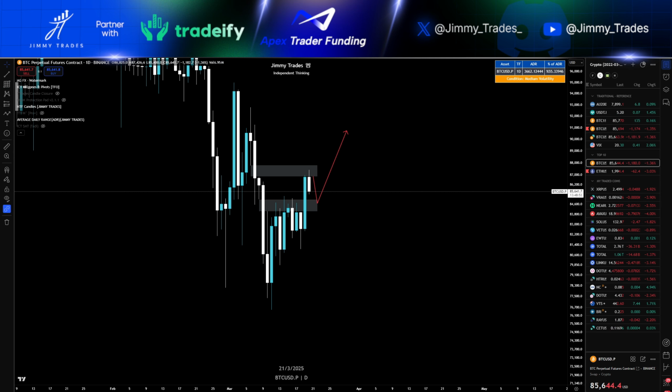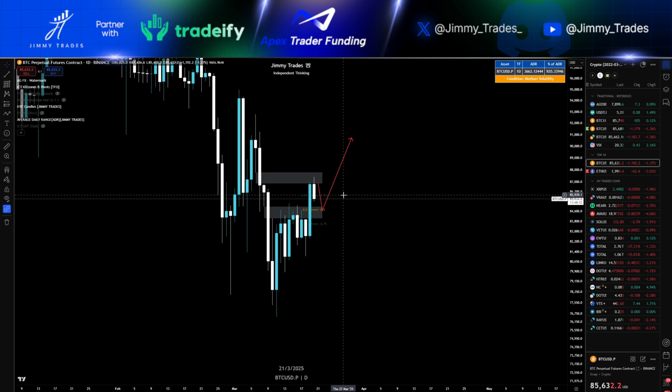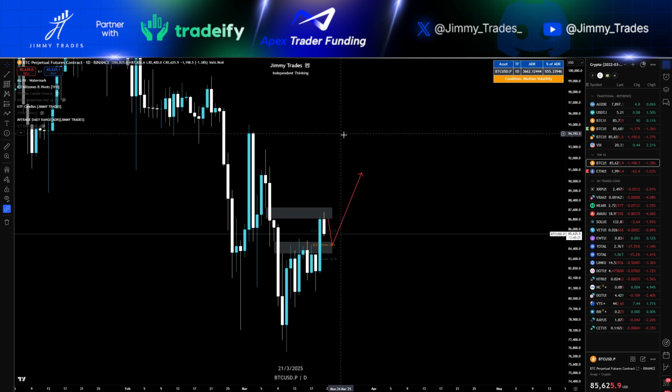Oops. Going to look for the 50% level to be respected, which aligns with this FVG. So obviously we've got a nice inversion there. So we'll look at this inversion as a support level and see if price can find some legs. Look to get through this level, and then we've got these highs to chase. Alrighty.